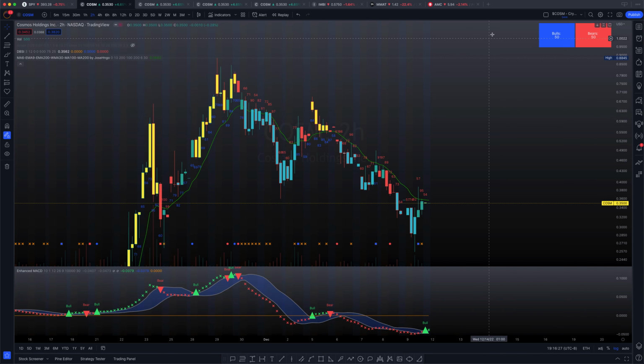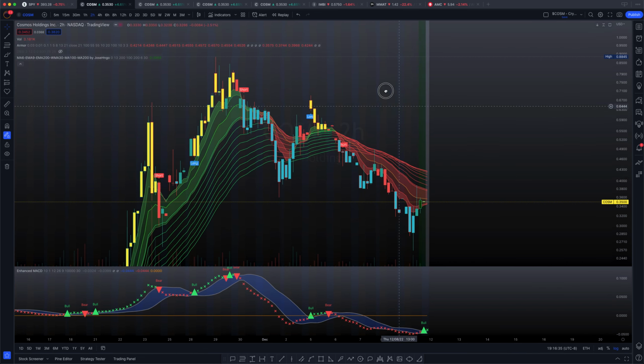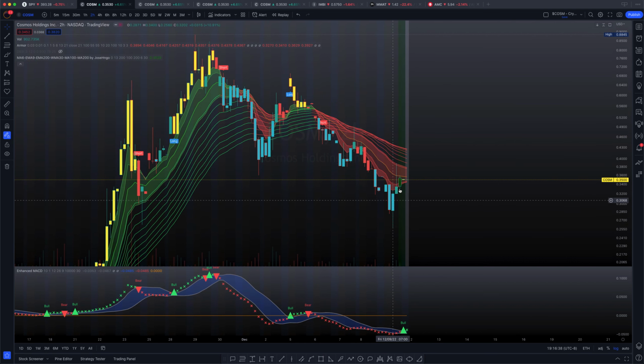Okay, let's get rid of DBSI with the score, and let's look now at ARC-Armor. Armor is giving us the potential of, you can see the waves are starting to pivot towards the upside, which is usually what happens when you're starting to get some type of bullish signal. The directional waves are comprised of several exponential moving averages set together in very close proximity to get this wave of motion, and in doing so we get this buy and sell signal here. We're still looking at it. We're not looking at a recovery here just yet. We're still looking at a potential